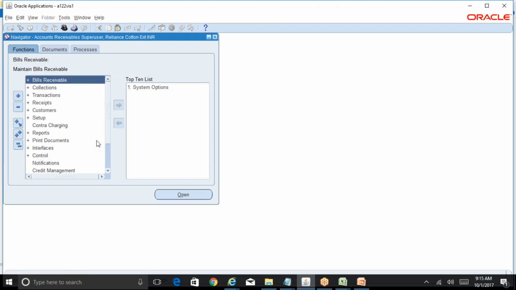there are two things in order to import the data. One is the autolockbox, and the other one is the receipt API. Whatever I have seen in most of the clients, they started with the autolockbox, but there are a lot of practical challenges, a lot of maintenance issues with your autolockbox